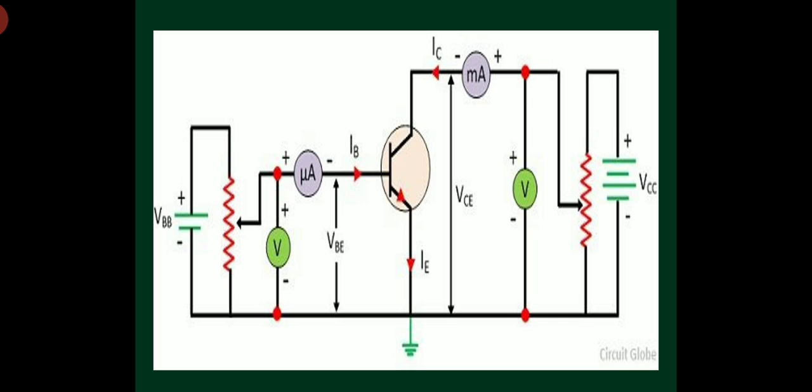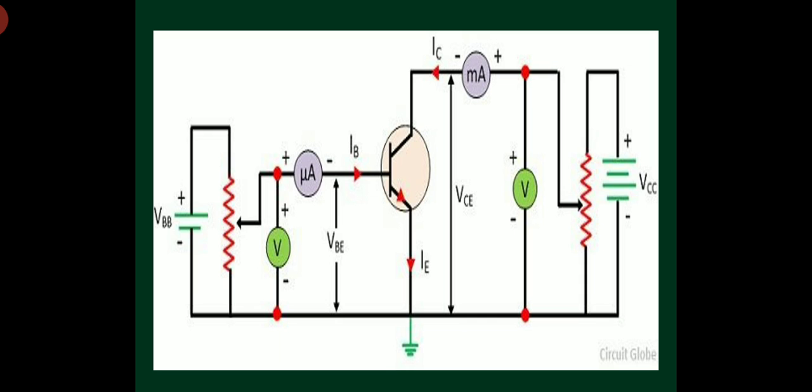So first of all, I draw a vertical line and a horizontal line to plot the characteristics. The vertical line represents the y-axis and the horizontal line represents the x-axis. The input current or base current IB is taken along the y-axis, the vertical line, and the input voltage VBE is taken along the x-axis, the horizontal line. To determine the input characteristics, the output voltage VCE is kept constant at 0 volts, let us suppose, and the input voltage VBE is increased from 0 volts to different voltage levels. How will I vary VBE? If I vary VBB, then VBE will be varied.